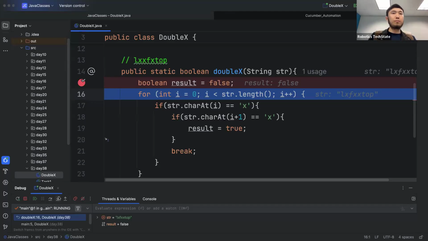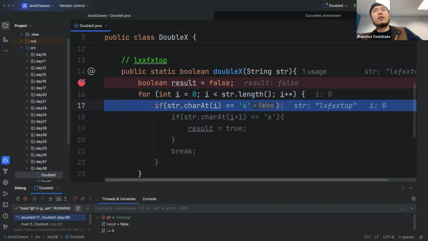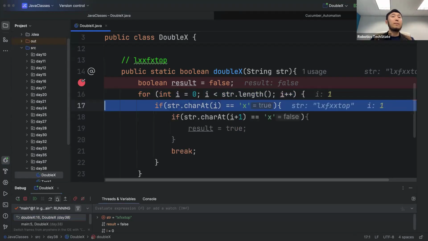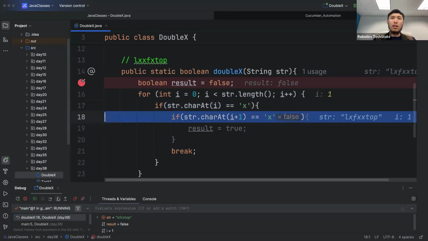LXXFX top. I is equal to 0. So in the first iteration, the first character is L. L is not equal to X. So it's false. Then it's the second iteration, I equals 1. str.charAt(1) is X. It is X. It's true. And then